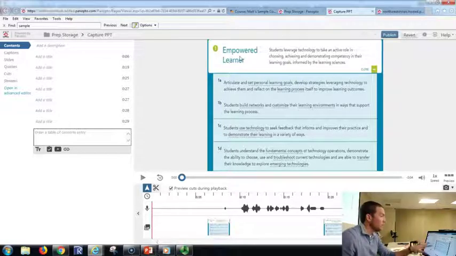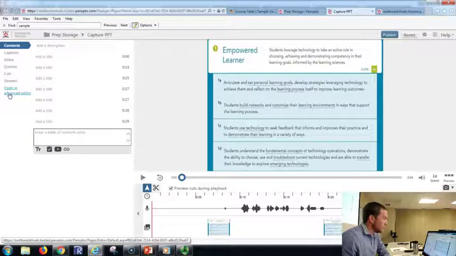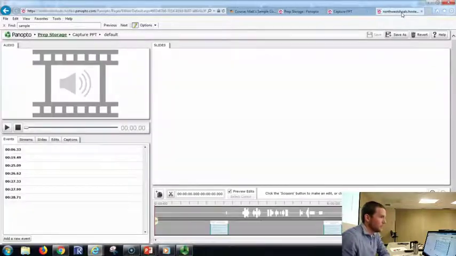I've pulled up that same recording that I just had, that was just capture PowerPoint, right? I go into the advanced editor in that, and this is what the advanced editor looks like. Go right here to add content. Now I will say that it's pretty slow,